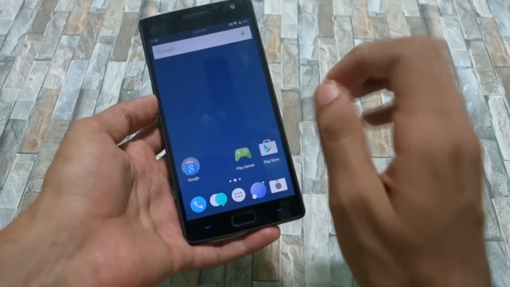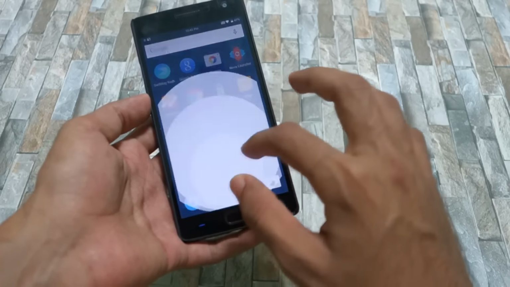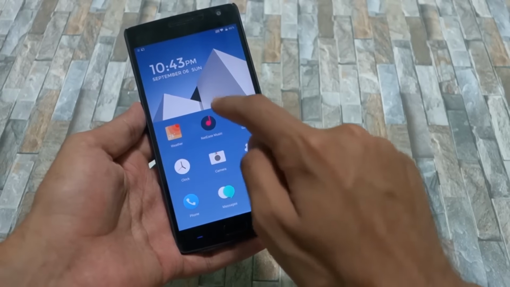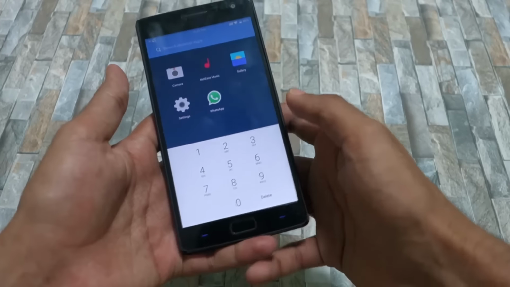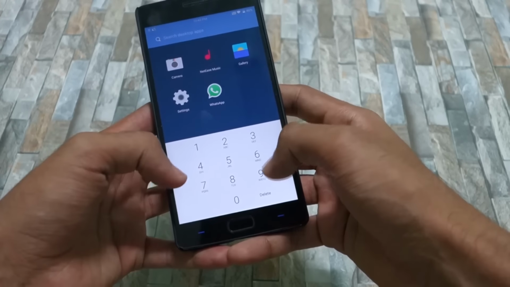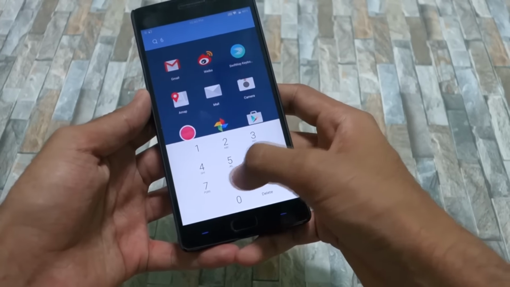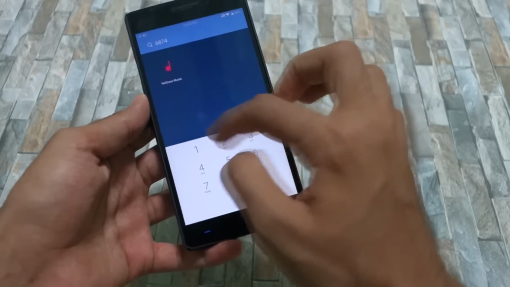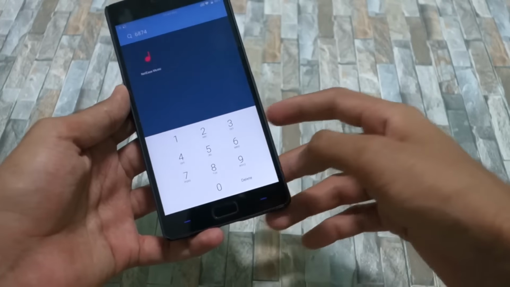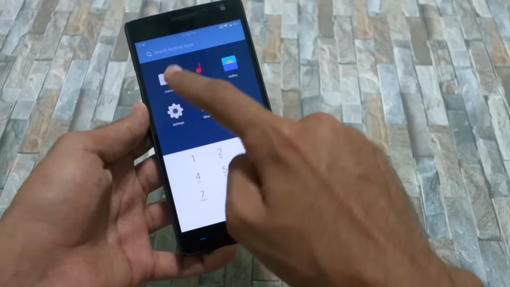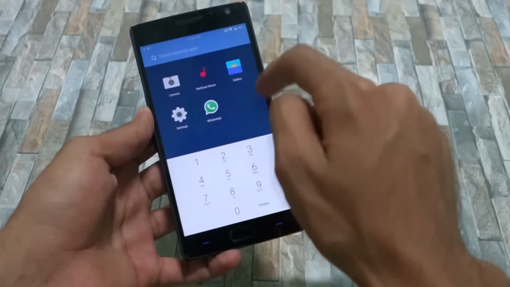But there are a few features in Hydrogen Launcher which won't be there on Google Now Launcher. In Hydrogen Launcher, if you swipe down like this, you can search for all the applications that you have installed in your phone. If you want to search for the music player, use your T9 dictionary and write music. For MUS I wrote 6874. You can do it like that, and all the latest applications that you have searched for will be present over here.